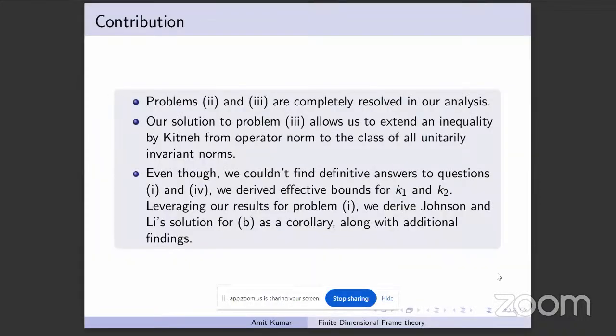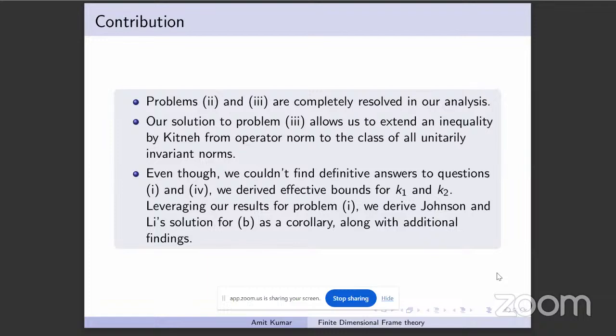Our contribution. Problems 2 and 3 are completely resolved in our analysis. Our solution to problem 3 allows us to extend an inequality by Kittaneh from operator norm to the class of all unitarily invariant norms. Even though we couldn't find definitive answers to questions 1 and 4, we derived effective bounds for